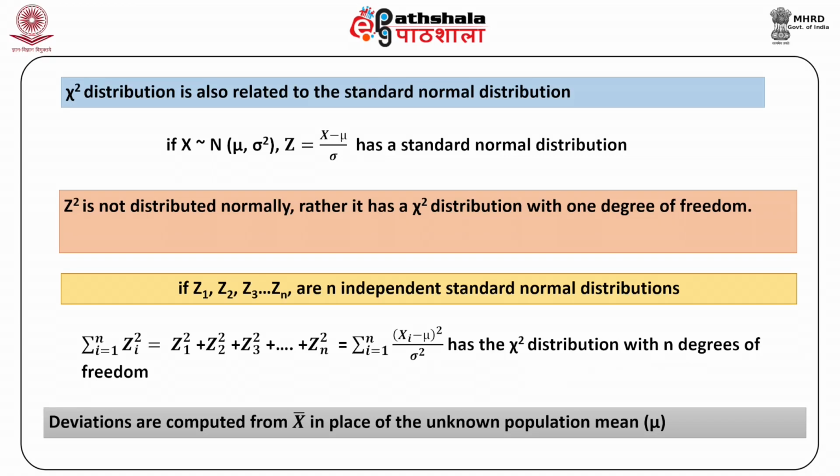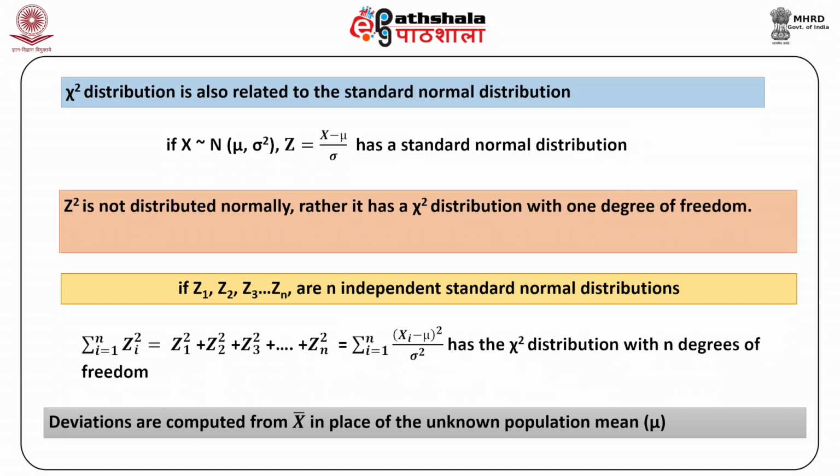Now we can show that z square is not distributed normally, rather it has a chi-square distribution with 1 degree of freedom. Further, to generalize, if z1, z2, z3, ..., zn are n independent standard normal variables, then the sum of